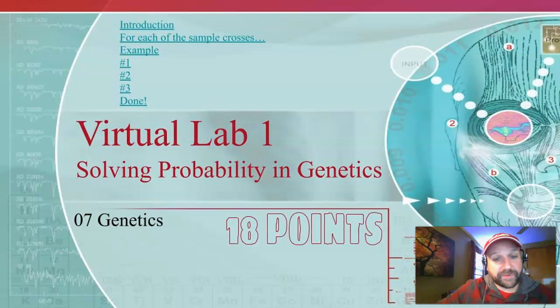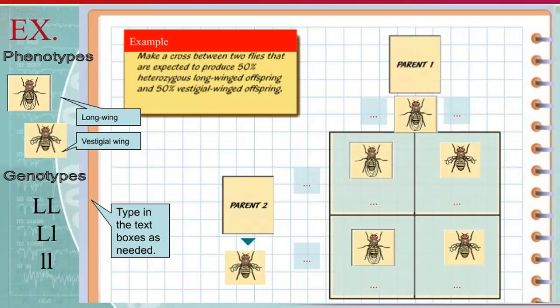This is an example for the virtual lab. Remember, the purpose of this lab is to explore how Punnett squares predict the outcomes of monohybrid crosses. We'll be using fruit flies, the Drosophila, and looking at some of the possible traits that are inherited with the Drosophila. Some things to note: we need to determine the parent genetics, that is both the allele combinations and their